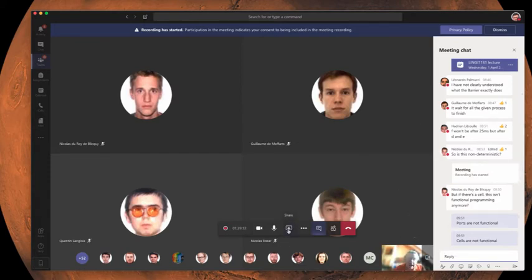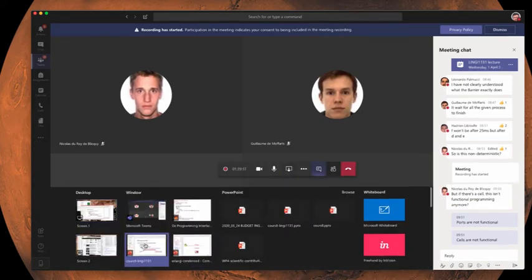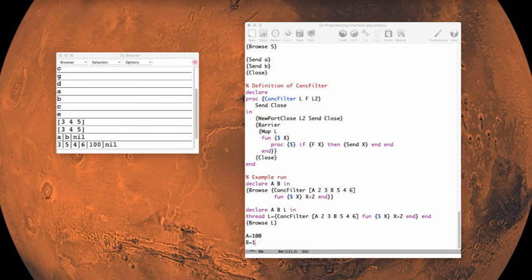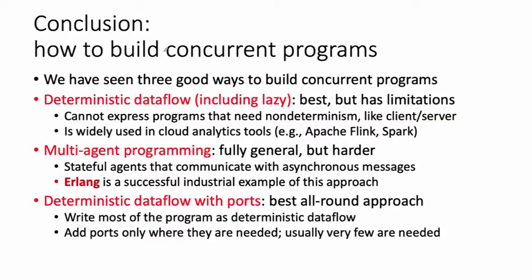Okay, so let me now make a little bit of conclusion on that part. Let me go back to the slides now. Okay, so now let me conclude on this part, and then after that we'll talk a little bit about Erlang. So basically, we've seen